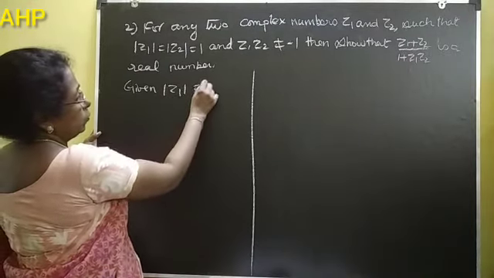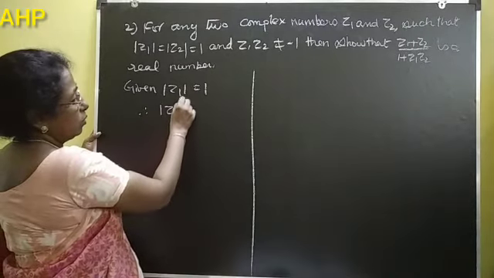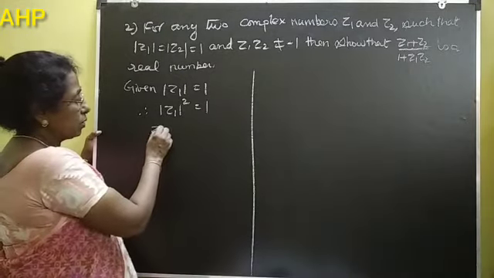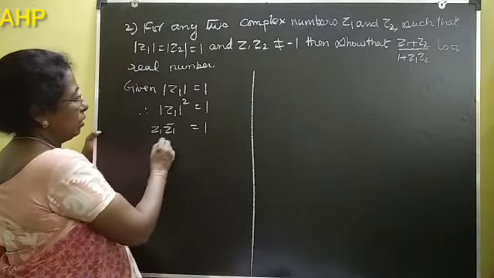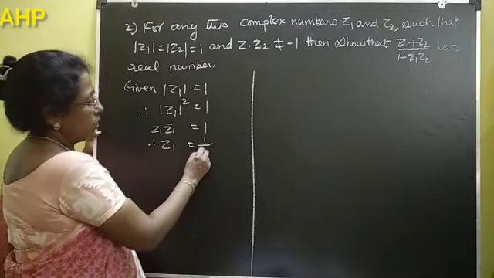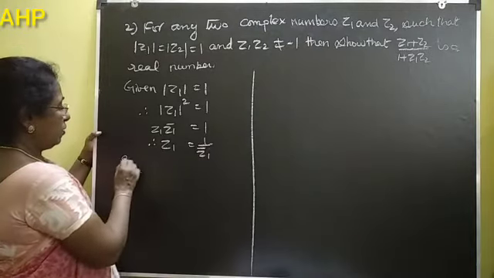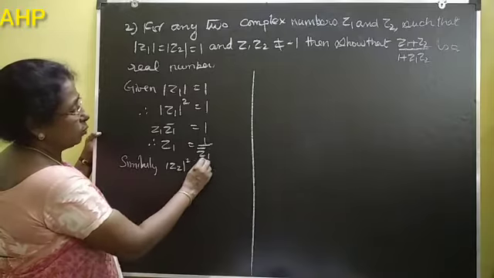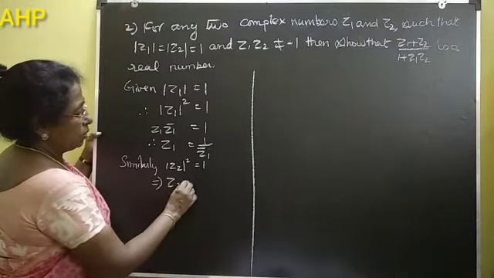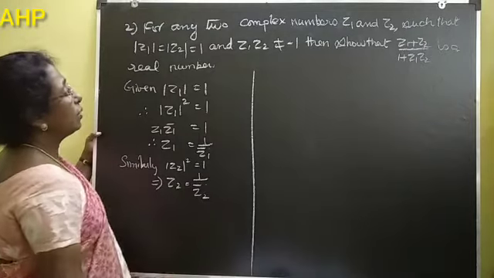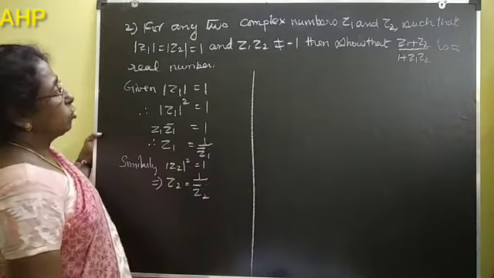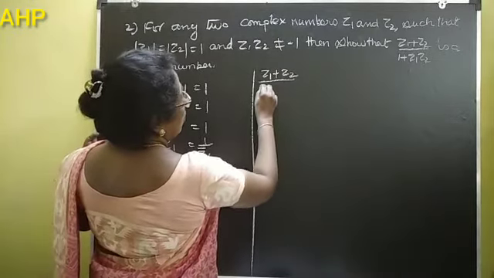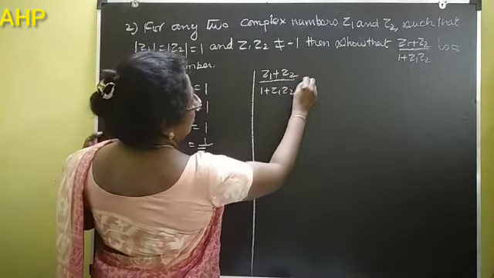Now, it is given modulus Z1 is equal to 1, therefore modulus Z1 the whole square is equal to 1 square, that is equal to 1. Now modulus Z1 square we can write as Z1 times Z1 bar is equal to 1. Therefore Z1 is equal to 1 by Z1 bar. Similarly, modulus Z2 square is equal to 1 gives Z2 is equal to 1 by Z2 bar. Now substituting in the question, we have (Z1 plus Z2) by (1 plus Z1 Z2) is equal to